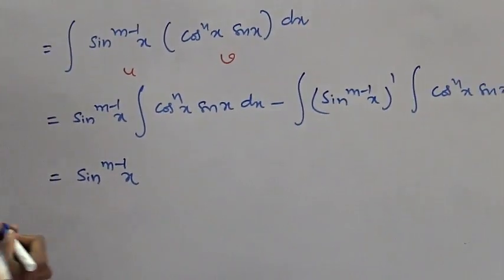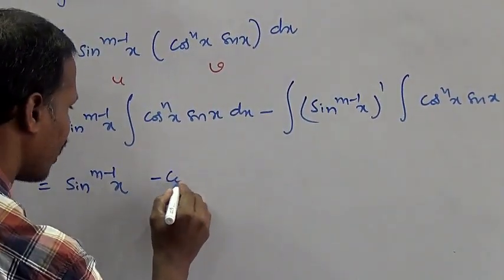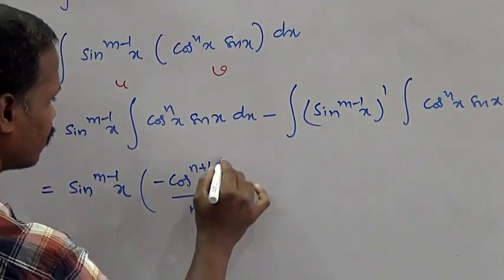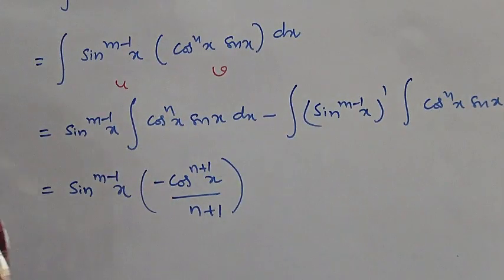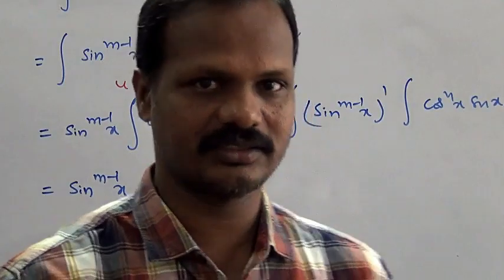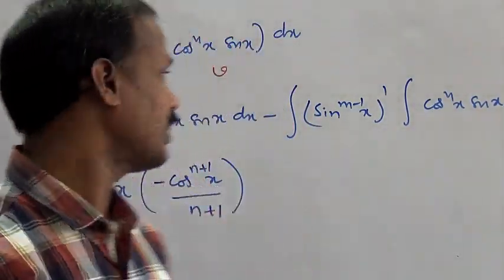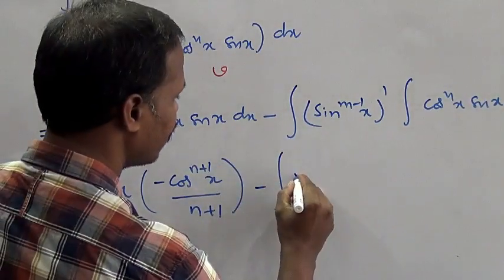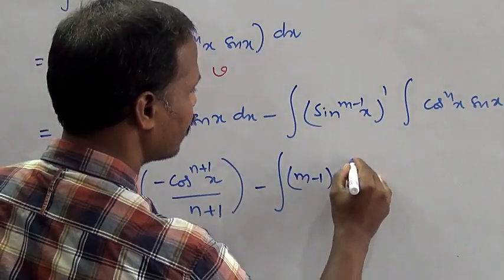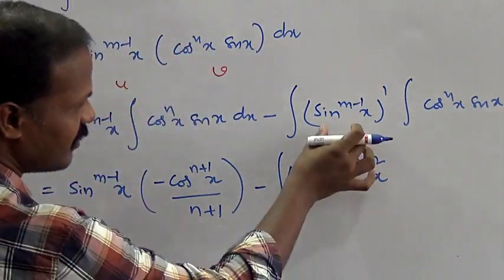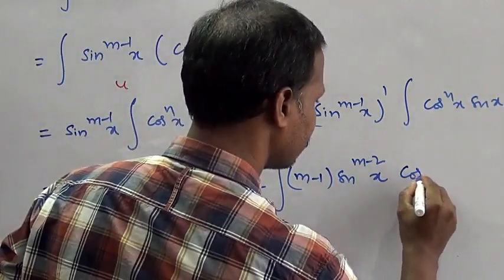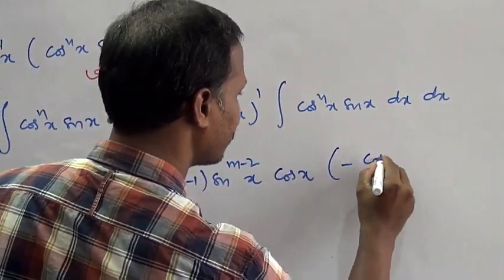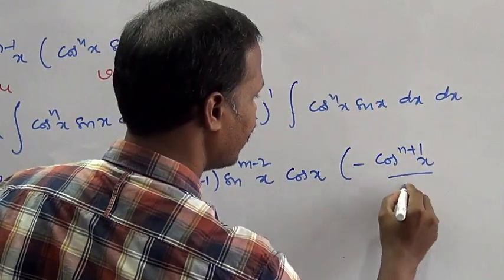So the integration of this one is minus cos^(n+1) x by (n+1), because this is of the form integral f(x)^n into f'(x), so f(x)^(n+1) by (n+1). Minus the integral, what is the derivative of this one? (m-1) into sin^(m-2) x, and the inside function sin x has derivative cos x, and again the integration of this one is minus cos^(n+1) x by (n+1)